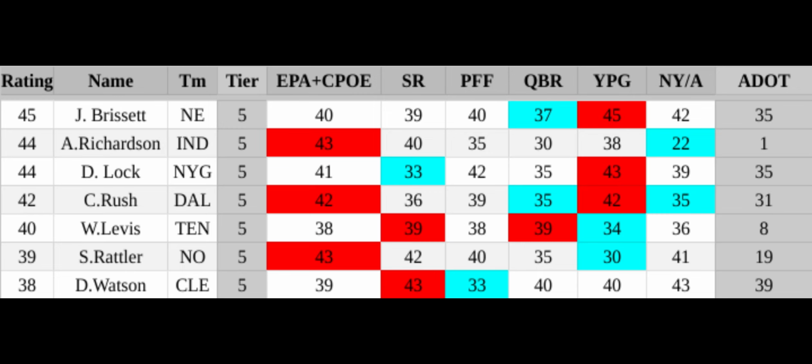Net yards per attempt, one of the best stats that is definitely underrated as well, as it deducts sack yardage from your yards per attempt. So I think it's a much more versatile and inclusive stat than just regular yards per attempt. And lastly, ADOT is grayed out because it's not actually included in the metric, but it contextualizes things. ADOT is average depth of target, which looks at how far you're throwing the ball. So, with that said, there's 43 quarterbacks to evaluate. Let's get on with the video.